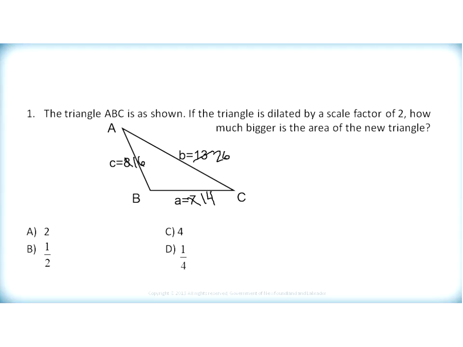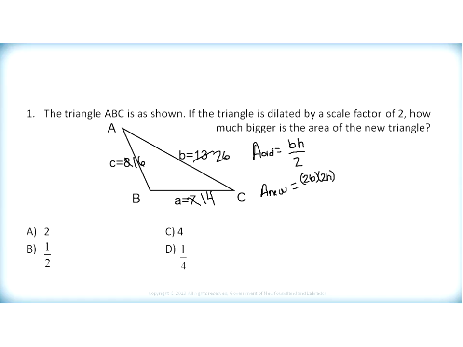So the old area is equal to our old base times our old height divided by 2. That's the area of any triangle, base times height divided by 2. For the area of my new triangle, I do know my base. I don't necessarily know my height based on the shape of this triangle. But I know that all my dimensions are going to be doubled. So my new area is going to be 2 base